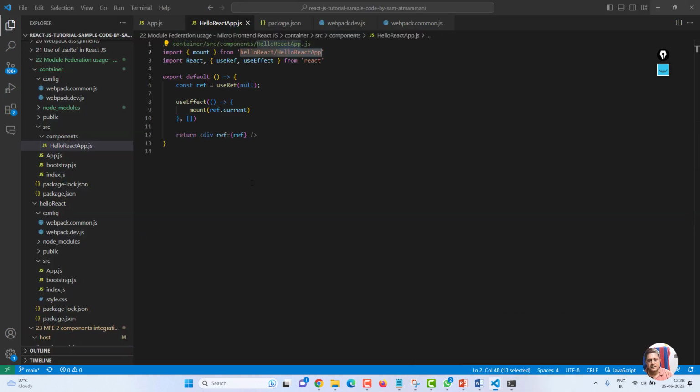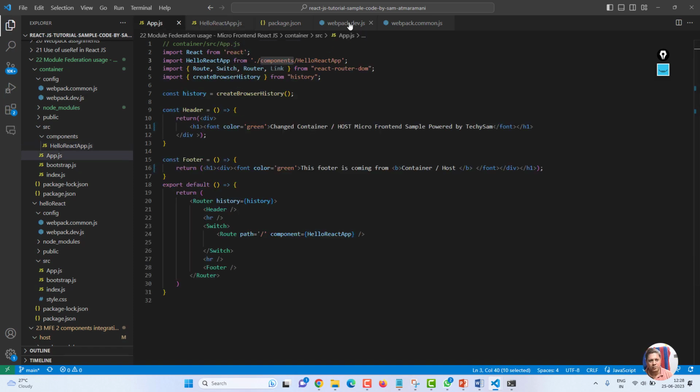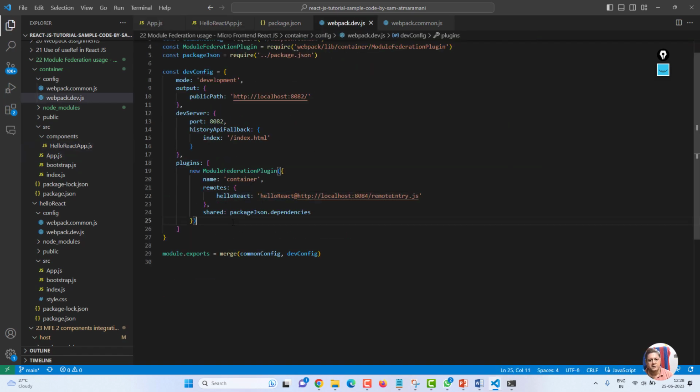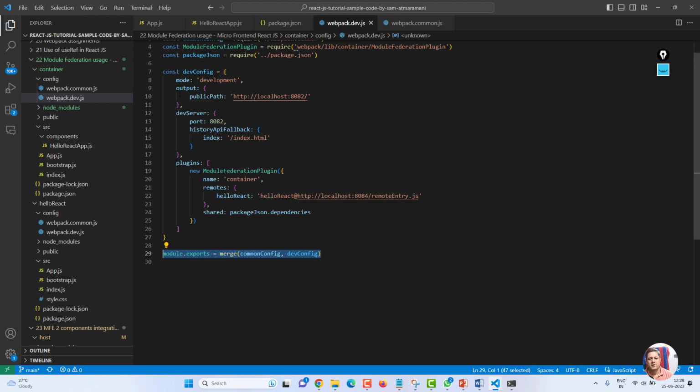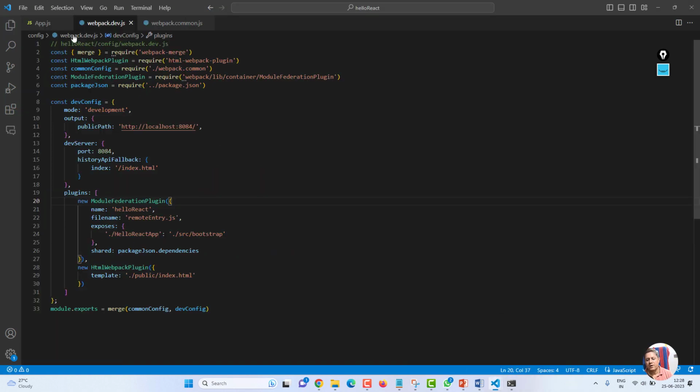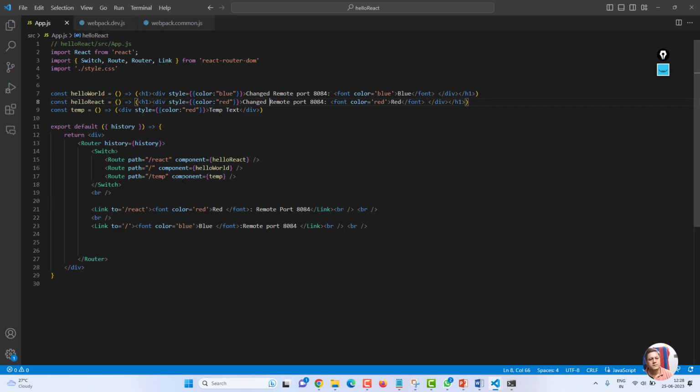Okay. And let's go back to container. I am on the container now. And webpack.dev.js. Let's see if anything. Yeah, no. So I think I have explained this. About this merging of common config and dev config, this is nothing but to merge this and run it. That's it. So don't think much about this. I am just telling about webpack.dev.js to have its own output public path, its own port, and its own name, container, to get the remote repo. This is what I did from the container, and what I did from the